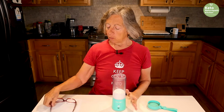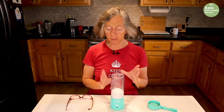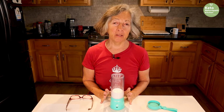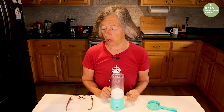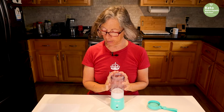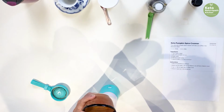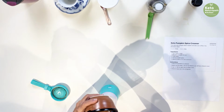Less sugar, actually no sugar, depending on what sweetener you use, or no sweetener at all. We're normally dairy-free, and last year I did a video on a dairy-free version of this, so I'll link to that. So I'm making a small amount because we don't have dairy very often. But the recipe is 16 ounces of heavy cream, 60 grams of pumpkin, which is about 1/4 cup,